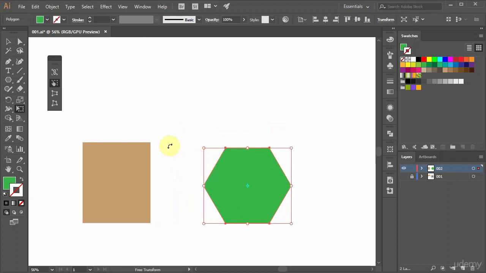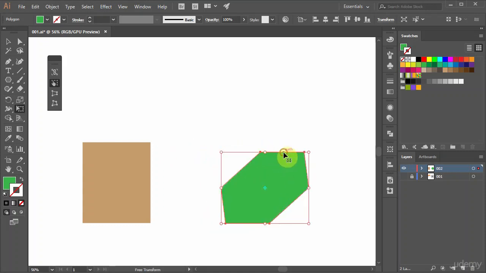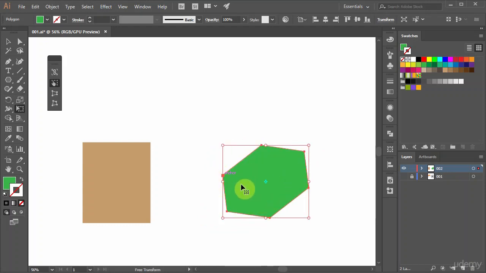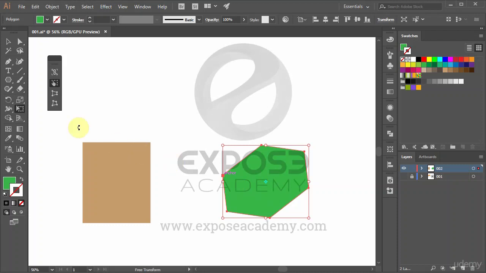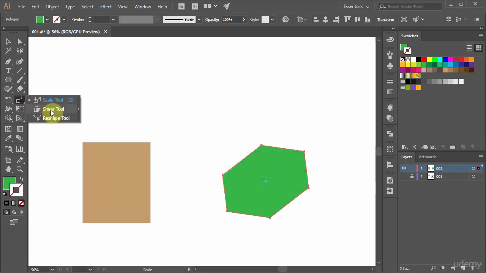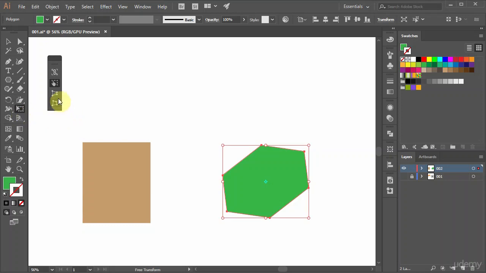One feature that might be useful when working with the Free Transform tool is the shearing feature. Basically, you can grab this middle handle and just drag it sideways. As you can see, it will shear the object freely. Now, if you want to shear object with more precision, there is a dedicated tool for the shearing which is located at the Scale tool drop-down list in here. But mostly the concept and the workflow are the same, so I will leave this for you to explore yourself. The last two options are about distorting objects, so we're going to cover this in the next video, inshallah.